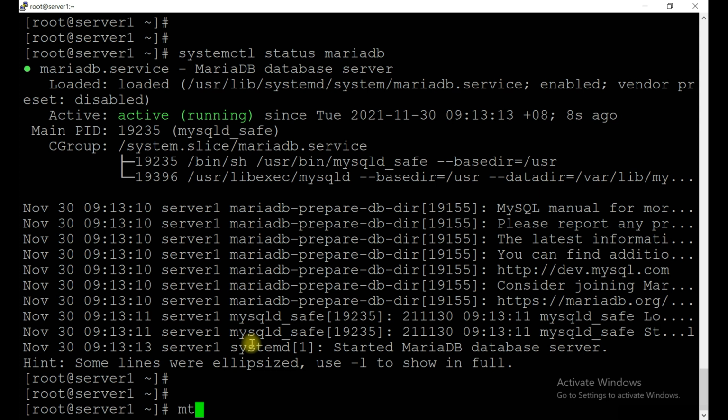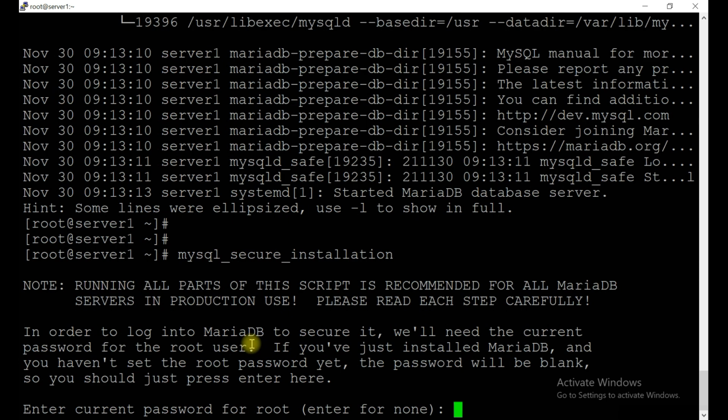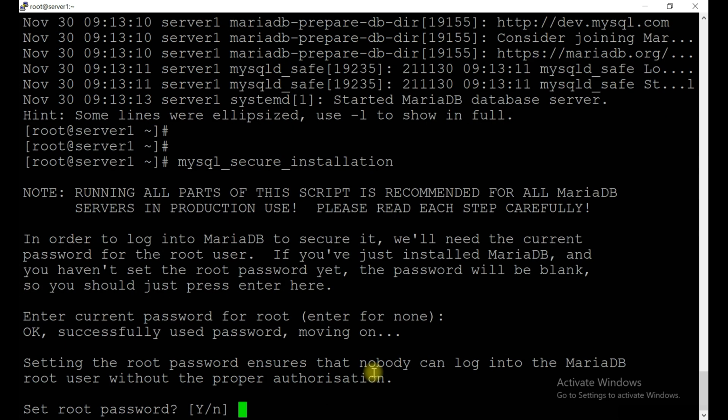For this we have a command called mysql_secure_installation. It asks to enter the password for root. Currently this database doesn't have any password, and as you can see, in order to log in to MariaDB to secure it, it needs the current password for the root user. If you have just installed MariaDB and have not set a password, it will be blank. So I'm not going to enter anything, just press Enter.